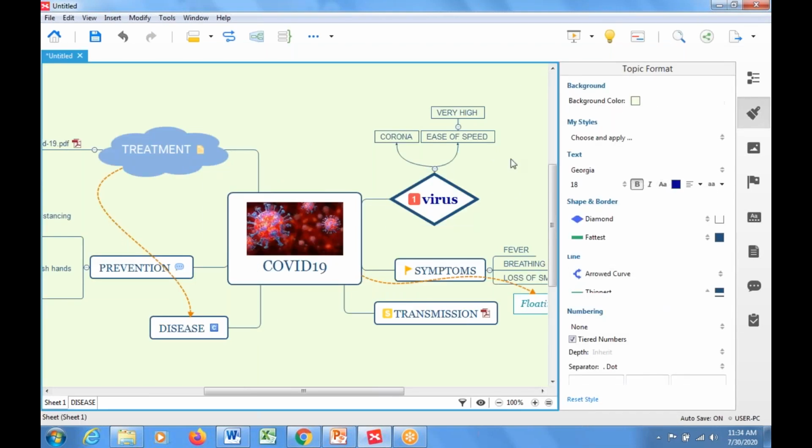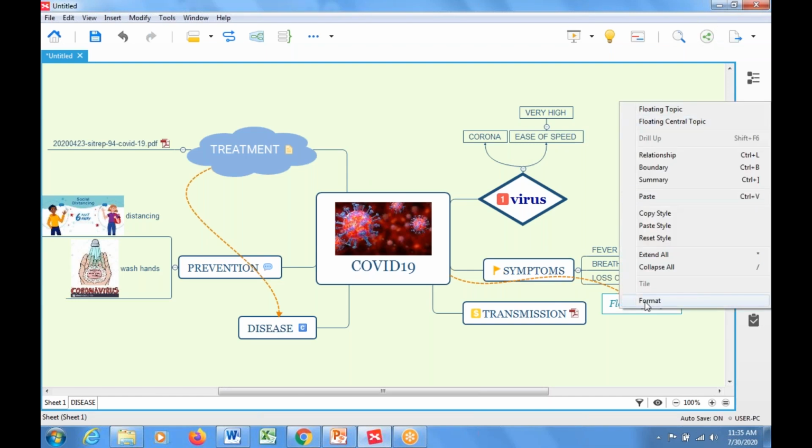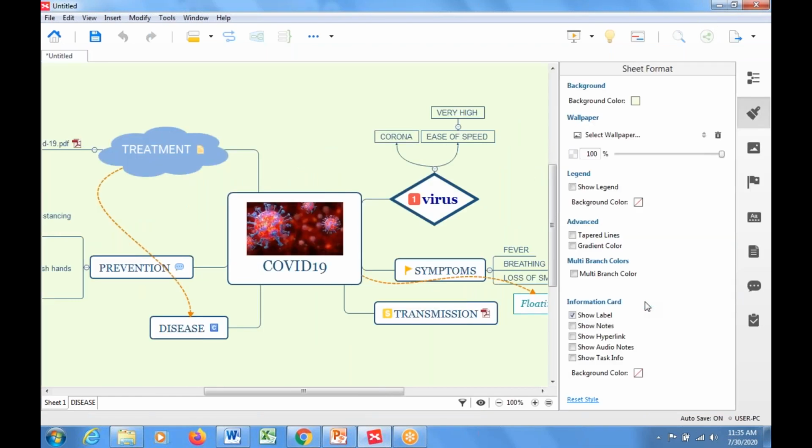Fine. Yes. And what about the formatting of the entire document? See, if you want to change the whole document, then keep the cursor anywhere. Don't keep the cursor on any of the branches. Leave the cursor to be there anywhere. Single right click, click on format. You can see now this formatting features are applicable to the entire file, not a particular branch, entire file.